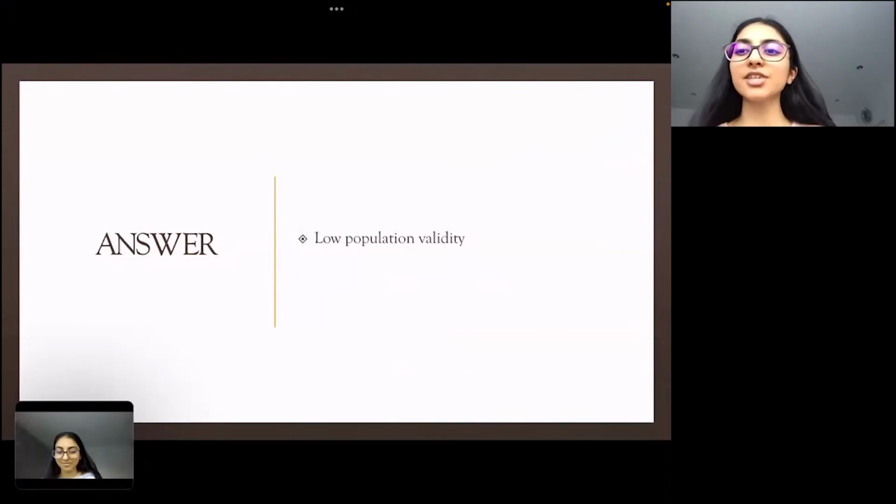So yeah, essentially everything you described. The main problem is the fact that it had a low population validity. So the sample's not very representative of the whole population, as we've talked about. I won't repeat everything that was already said, but something to note is that in samples like these,